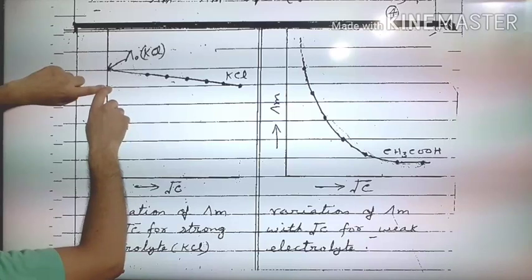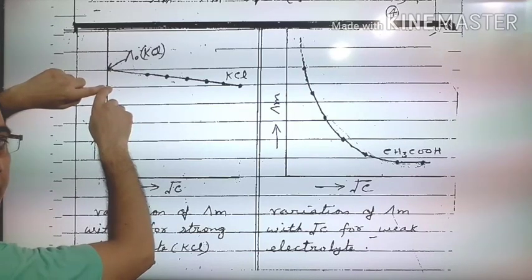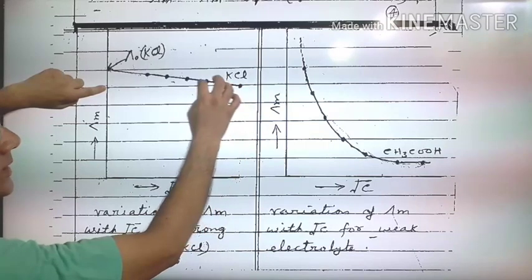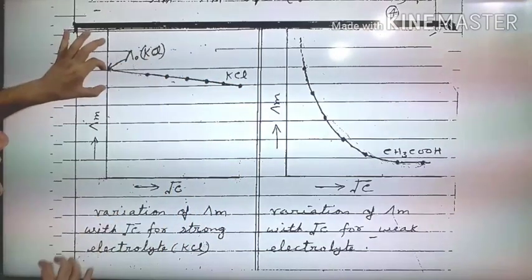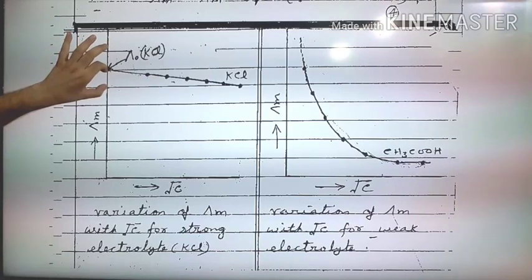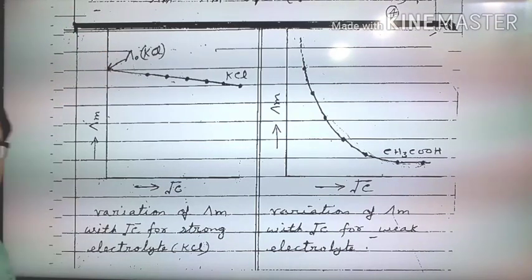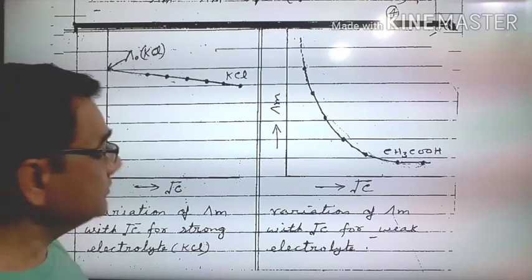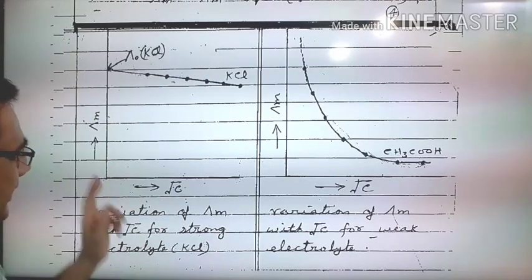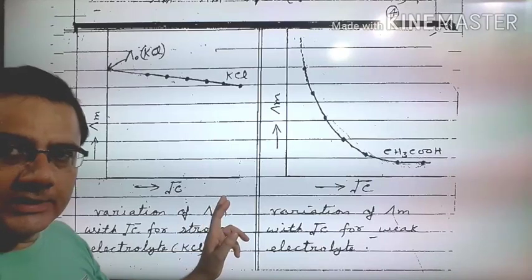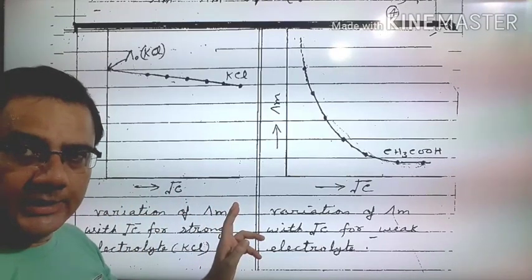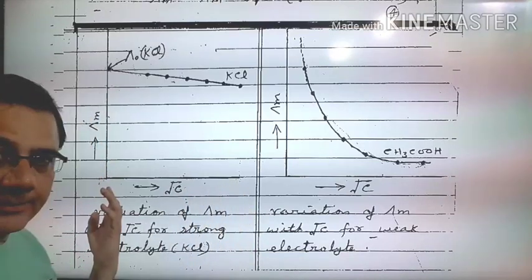Now we are diluting the solution, and we are decreasing the concentration, तो हम लोग इधर से इधर मूव करेंगे. When we move from this side to this side, there is only a slight change in this molar conductivity on dilution in case of strong electrolyte. फिर से सुन लीजिए, ये आपका मोलर कंडक्टिविटी है. This is the square root of concentration. हमको कंसंट्रेशन बढ़ाना नहीं है, हमको कंसंट्रेशन डिक्रीज करना है, तो हमको इधर से इधर आना है.